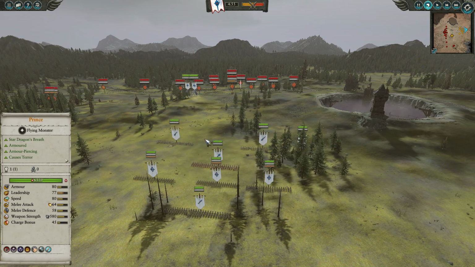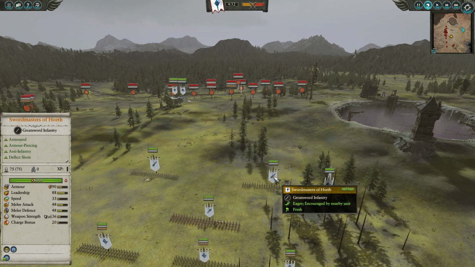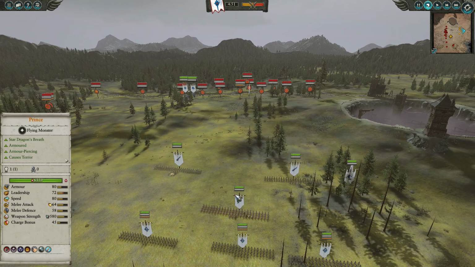You might be wondering why Swordmasters of Hoeth. Obviously, they're very susceptible if my opponent decided to bring, say, Mazdamundi with Banishment, or Windblast, which he actually does have here. These guys are definitely very susceptible to that, but at the same time, they will absolutely trash any Saurus infantry they fight, including Temple Guard. They're just a very dominant force, and I figured these guys are my best chance of holding. If I brought White Lions, they don't trade that well with Saurus warriors. They'll probably get smushed,